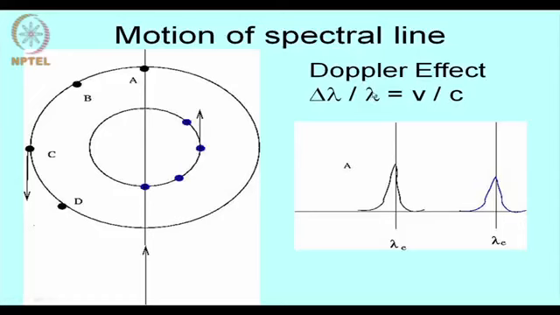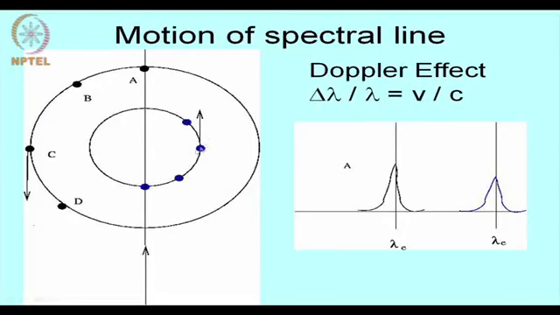There is a spectral line which is emitted at a wavelength lambda, and if the source is moving with the velocity v, then an observer will see a shift in wavelength, and the shift in the wavelength delta lambda is such that delta lambda by lambda is equal to v by c. So, the fractional shift in the wavelength is proportional to the speed with which the object is moving,